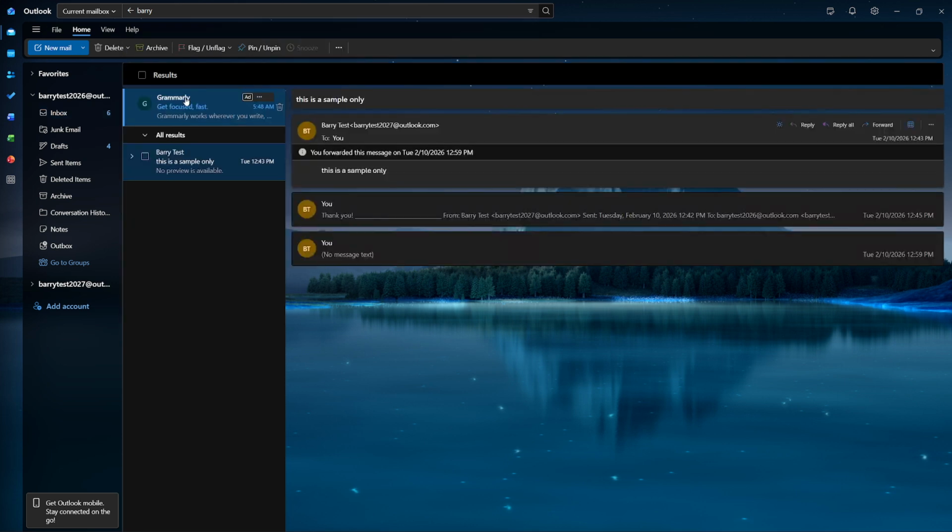As you type, Outlook instantly filters the email list. You'll see matching messages rise to the top in real time. Scan the subject